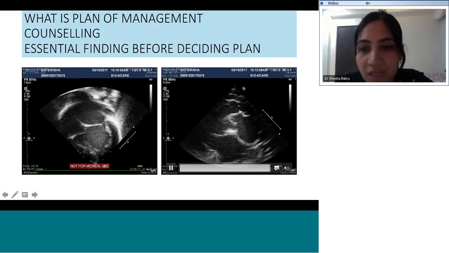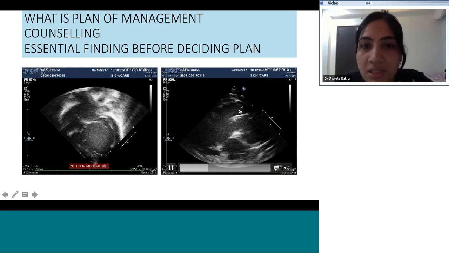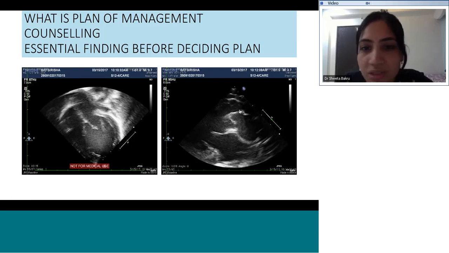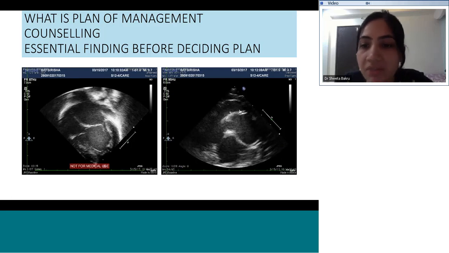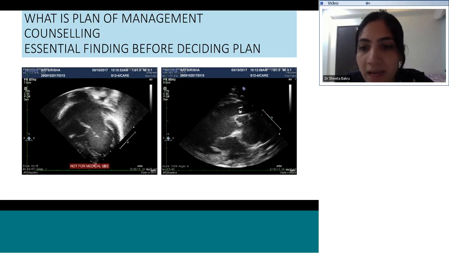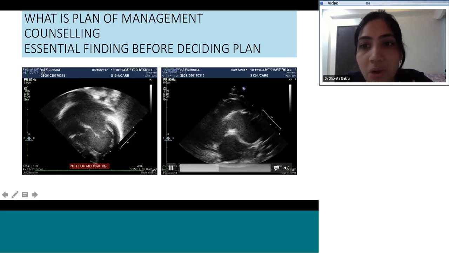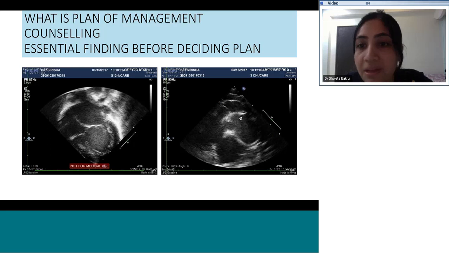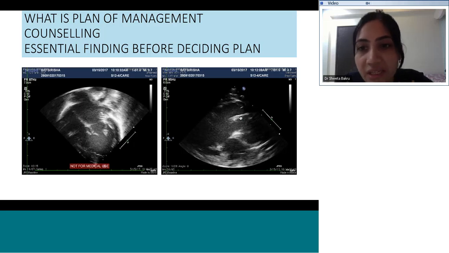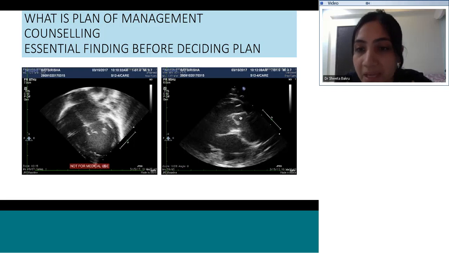So the question is, what is essential, what do you want to do? This is a 2-month-old baby. He is having heart failure symptoms and he has unprotected pulmonary blood flow. So now what do you want to do next? PA banding. Very good. Before he develops any life-threatening infection, we have to do PA banding.